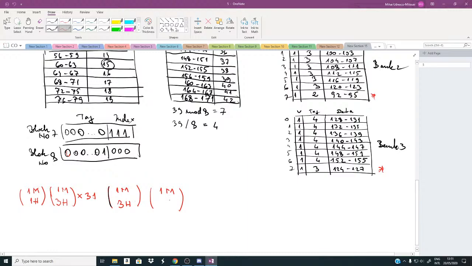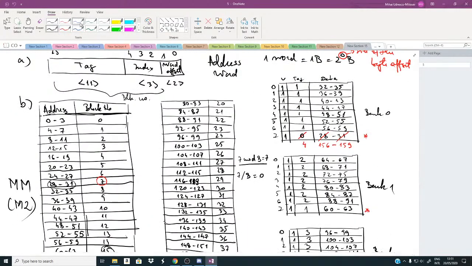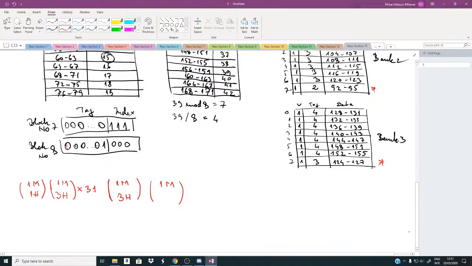Okay, one miss, because I'm bringing here 160 to 163, and here I have 5 as tag. Now that's just one miss. Okay, and then